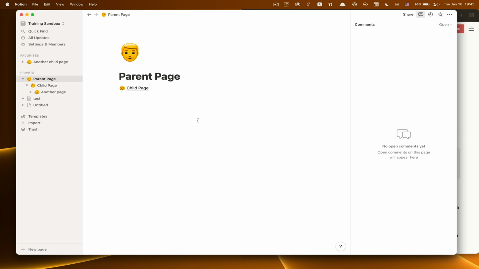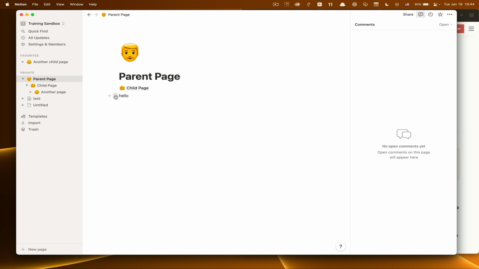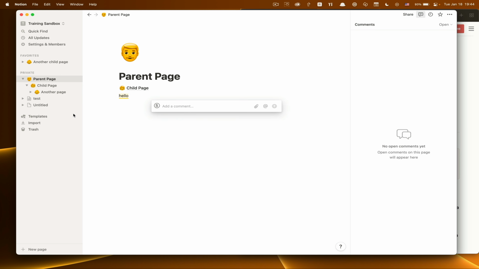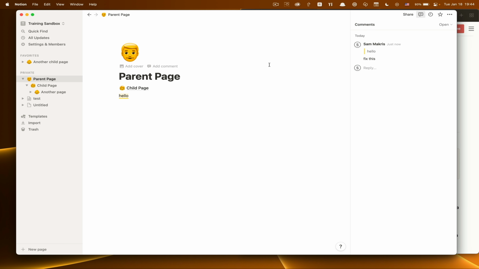And I've used it myself just to make comments on things that I'm working on, and I just want to have little reminders. So let's say you have some sort of text here, say hello, and you would like to comment on this line. So you can do it two ways. You can click the six little dots here and have comment, and you can say fix this and hit enter. And as you see now, I have a comment here, and you keep entering them,